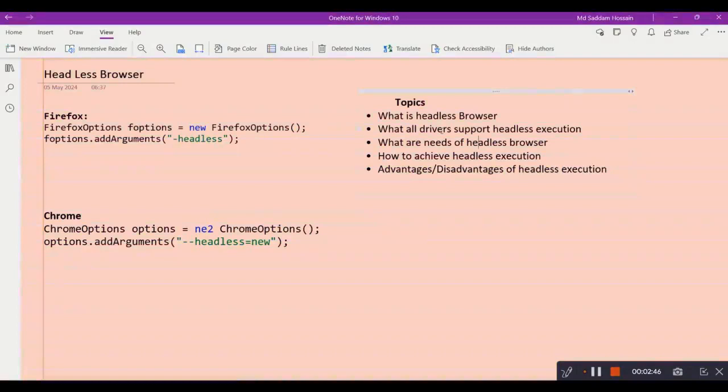So let's talk about which drivers support headless browser execution. There are a lot of drivers available which support headless execution. Let's say a couple of drivers are the HTML unit driver, and then we have Chromium, and at the same time we have Chrome also, right? Firefox also supports it, so you can say headless Firefox,